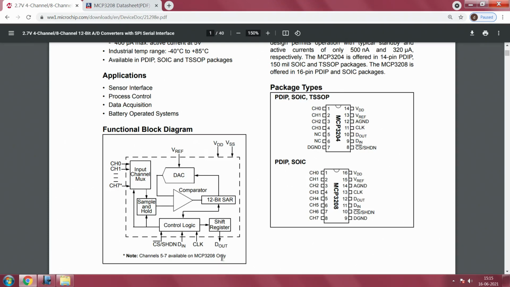Basically any analog signal will get fed here, okay. Channel 0 to channel 7 are your 8 analog inputs which come in here. The actual conversion is only on one channel at a time. Please note this, it is only one at a time, because the core of the electronics, which is all this system here, is just one block.